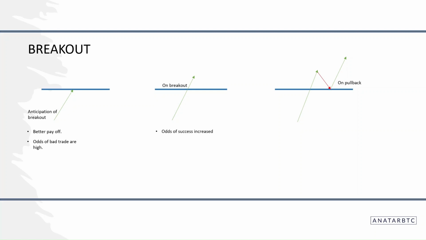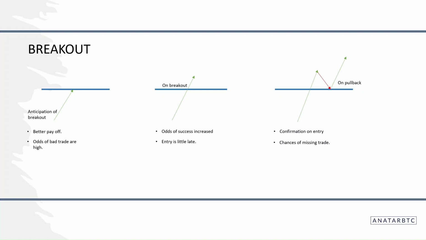Second thing is on breakout. On breakout, odds of success are increased from anticipation of breakout since breakout has already happened. But the drawback is your entry is a little late since you have missed some of the move. Third thing is on pullback. On pullback, it is almost confirmed that this breakout has happened, and you can enter on confirmation. Your entry is more probable, but the drawback is there are chances of missing the trade since in current dynamic market